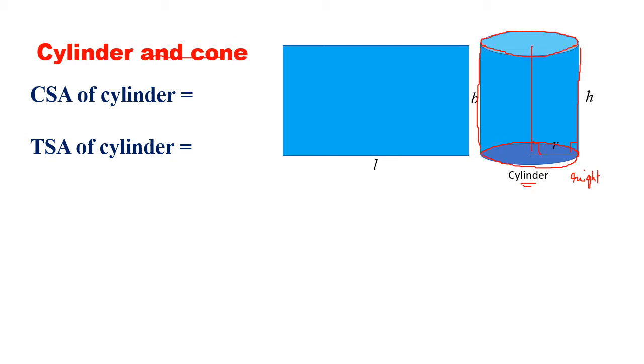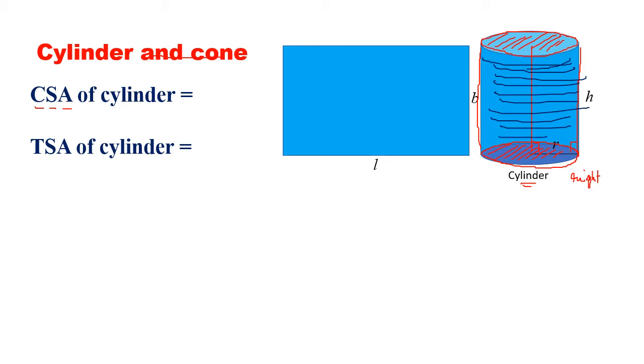Now, the first thing we do is find the curved surface area of the cylinder. You can see the circle at the top and the circle at the bottom are flat. So I will not go for the flat area. We are going to look at the curved area. So the curved area is the outer area. The whole round is the curved area. So how to find the curved area? To find it, we should first know how the cylinder is formed.